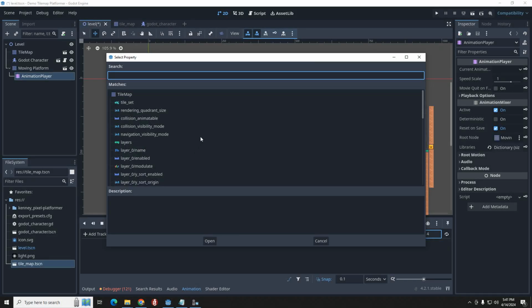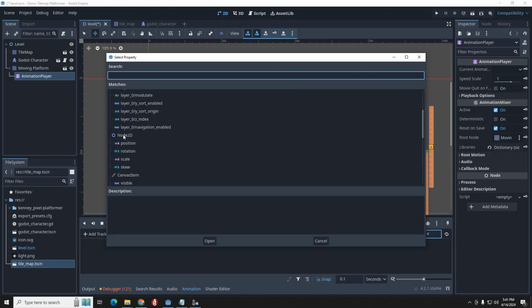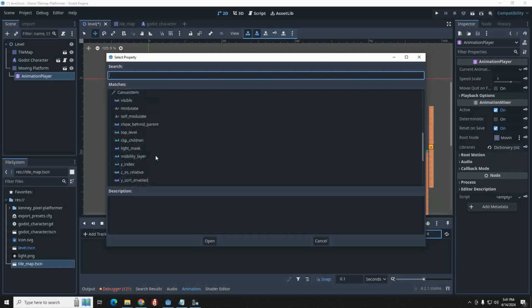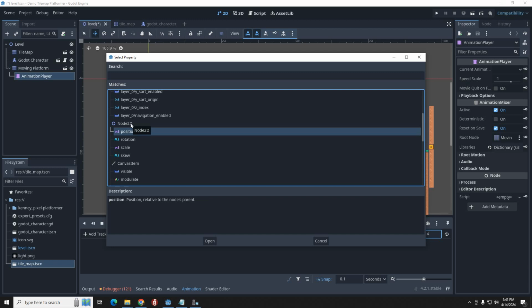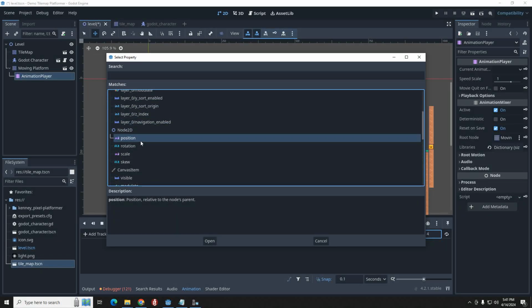And then it says, well, your moving platform is a tile map, and a tile map has all of these settings that we could possibly animate. And a tile map also is part of the Node 2D family, so it also has all of these qualities and these qualities. Well, what we want to do is we want to look for just position, which is in the Node 2D. But keep in mind, there's lots of things that you can animate and change with time. I mean, look at all that. But Node 2D, position,